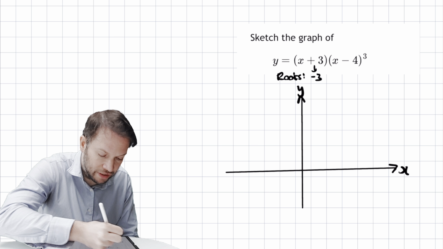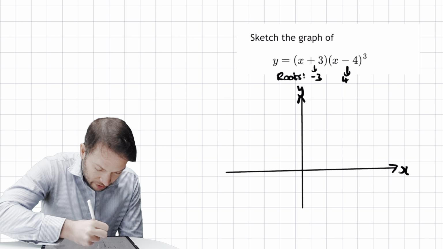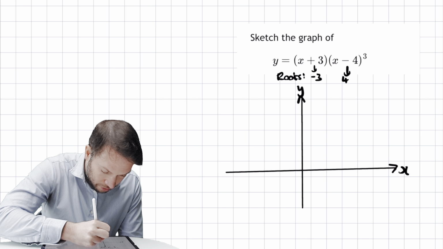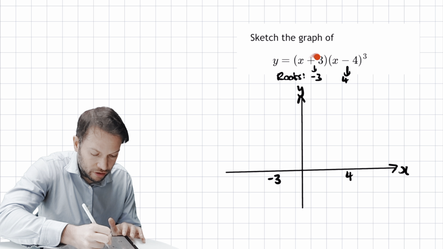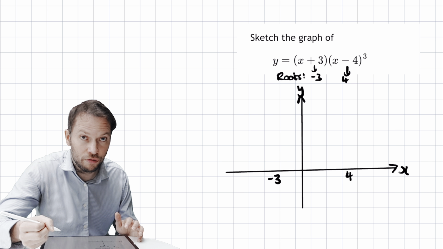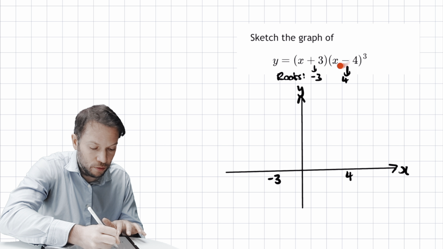If we make the x was 3, 0, and the other root is going to be positive 4. So let's put these on the graph. We're going to have minus 3 and 4. Now, this factor is not repeated, so it's just going to cross at minus 3. But this is triple repeated. It's x minus 4 cubed,